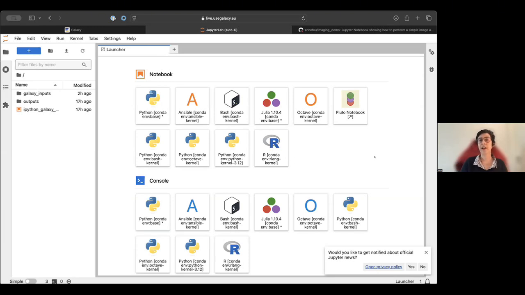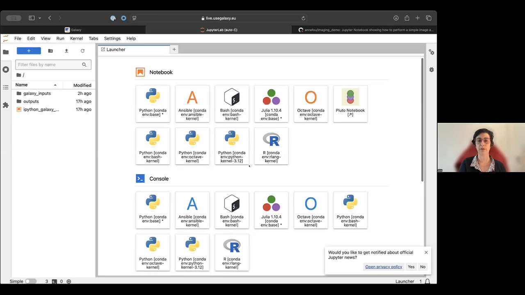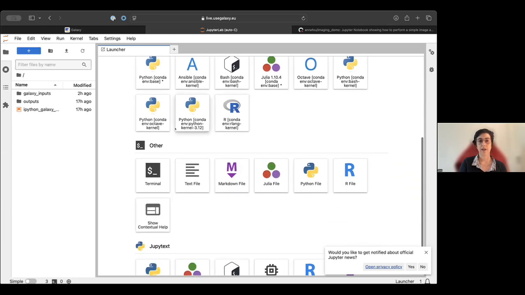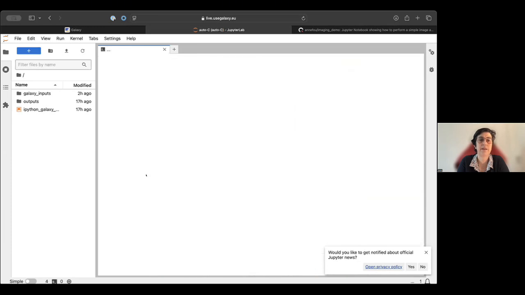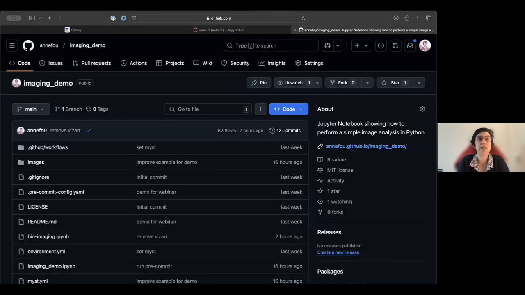Then I copy back and forth between my GitHub repository and this Jupyter Lab instance, so I don't lose anything. So here, for instance, I can clone a GitHub repository where I have prepared some Jupyter notebooks for the demo. I guess we can also paste it somewhere in the chat for people to look at later on.